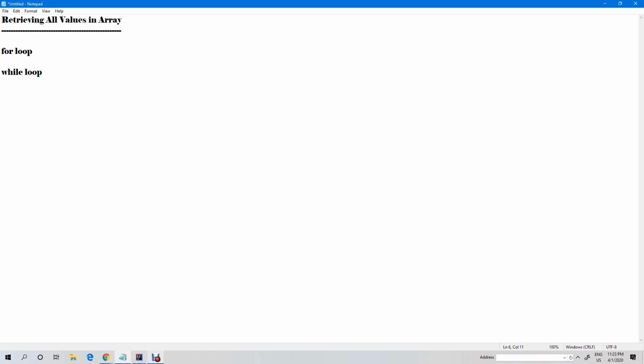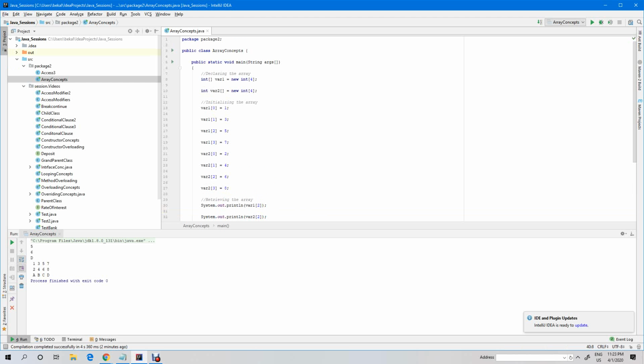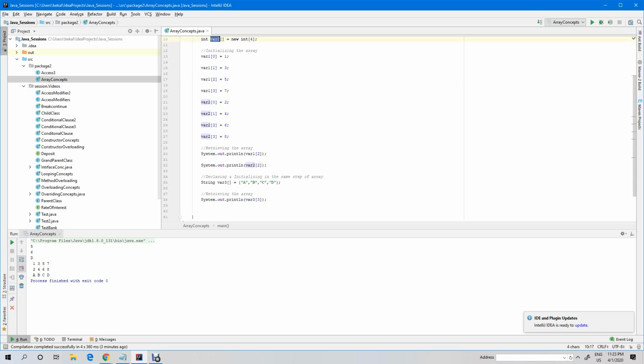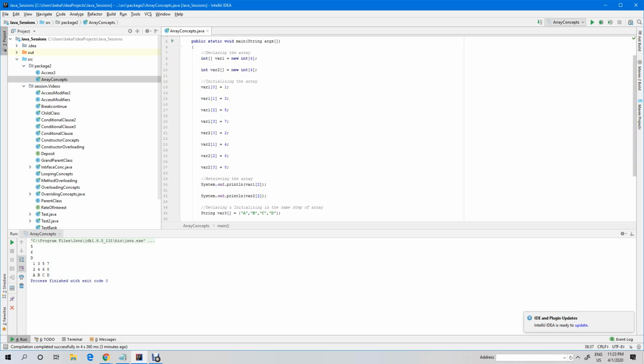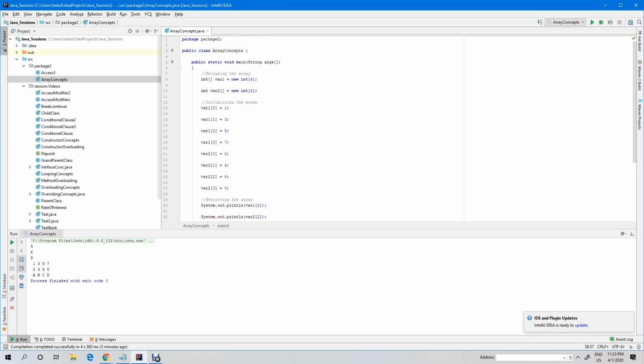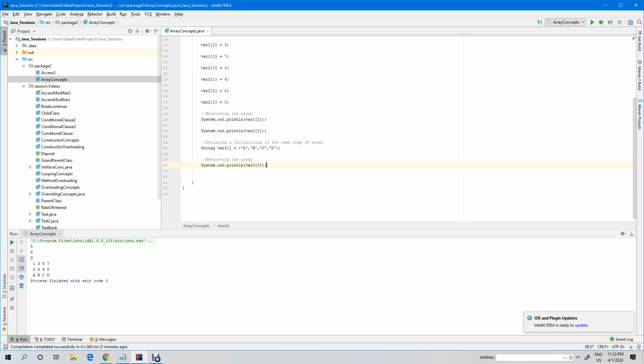You can see that there are three arrays here. The first array is variable 1, which contains four values, and variable 2 again contains four values, which are even numbers. The third array holds strings. Okay, let us use this. I want to retrieve all the numbers, say 1 3 5 7 at a stage, and similarly 2 4 6 8 at a stage. Let us do that.